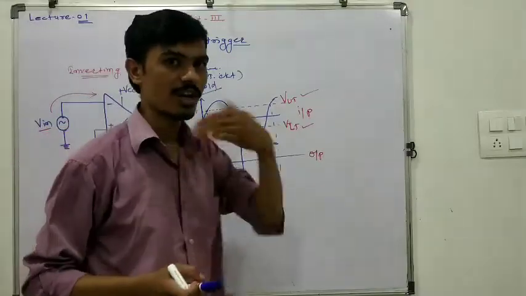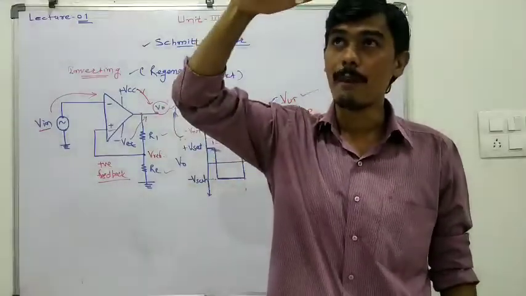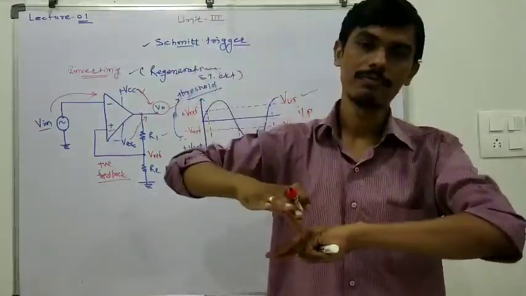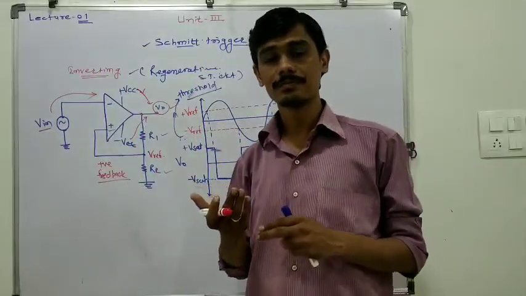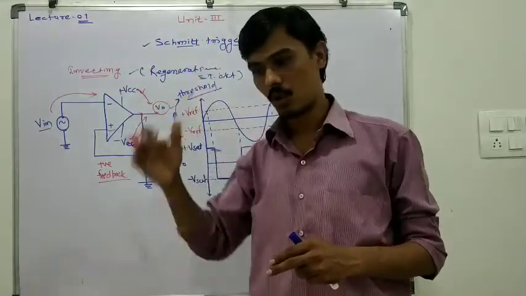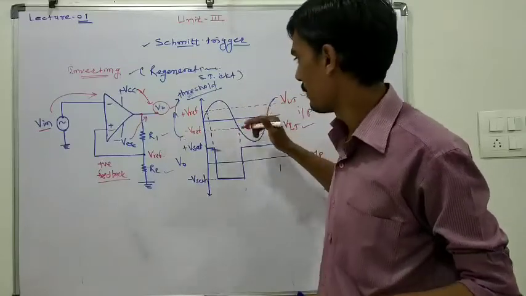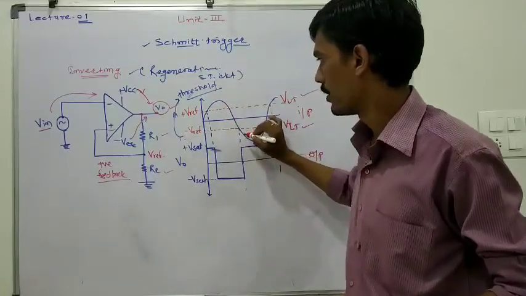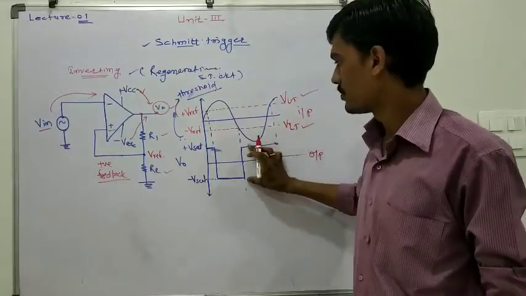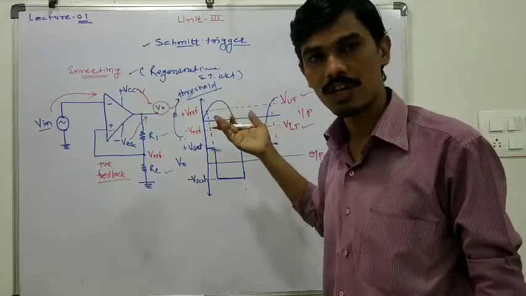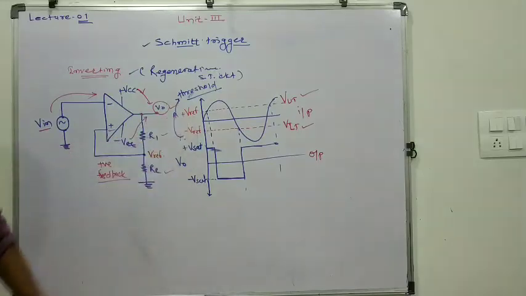And if we are talking about inverting, what does that mean? Exactly opposite to the input. When it crosses the upper threshold, it will change its state to the lower side, that is the minus V side. And when it crosses the lower threshold, it changes state from the minus V side to the plus V side. So depending on these two threshold voltages, VUT and VLT, the state of the output will change from the plus V side to the minus V side, or from the minus V side to the plus V side. So this is the exact waveform of the input and output.